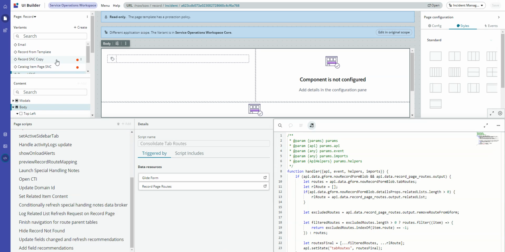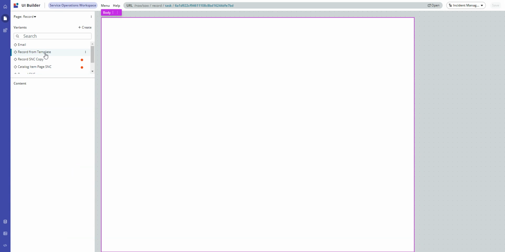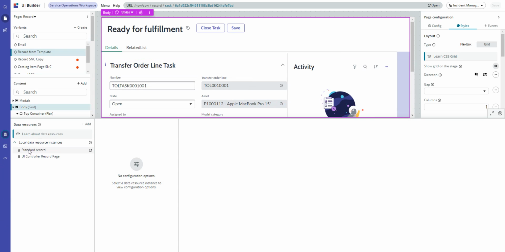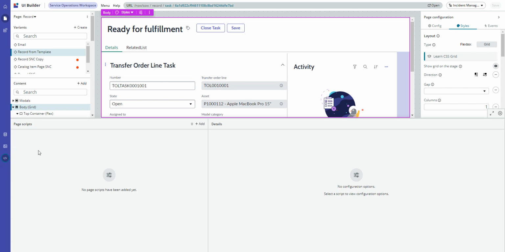And when you do that with the record from template, you lose all of those or many of them. So you're only getting standard record and some UI controller page, and then nothing in here. So this will probably break a whole bunch of other stuff if you're using this as a replacement for the default